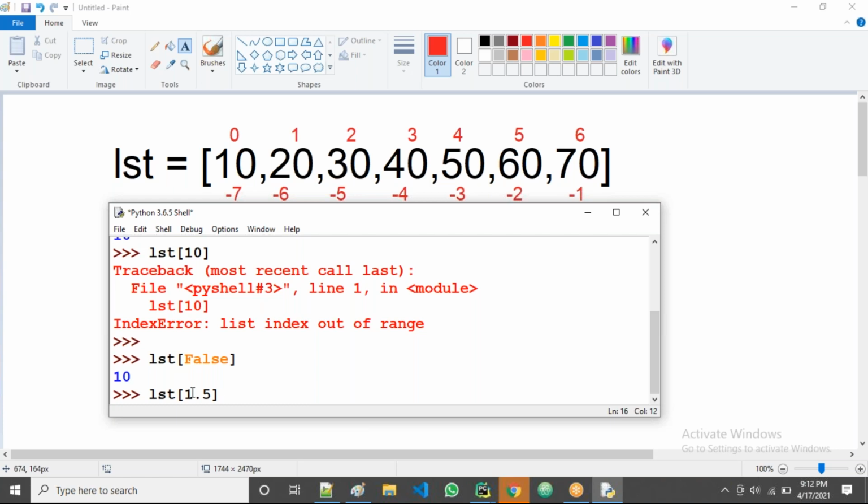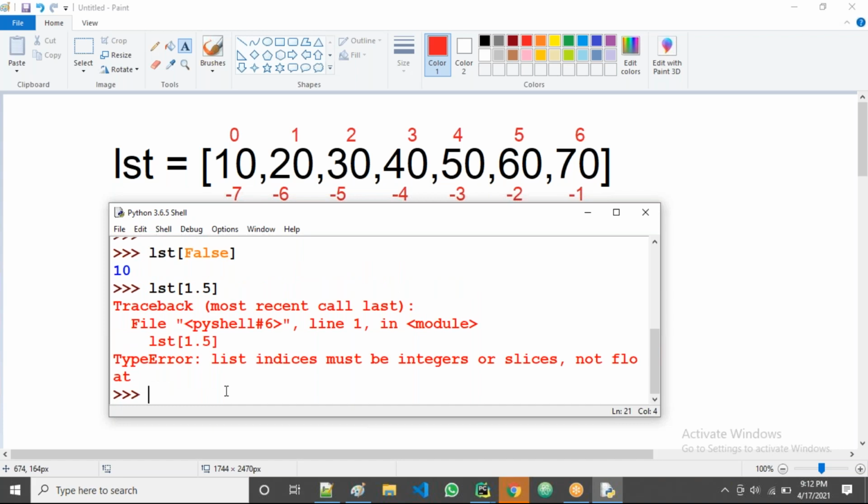I'm taking the float number 1.5, not 1 or 0 or 2. So the error name is TypeError. Why? We should use an integer type value here, but I'm using a float type, a different type. That's why TypeError. So like this, guys, you can do the indexing.